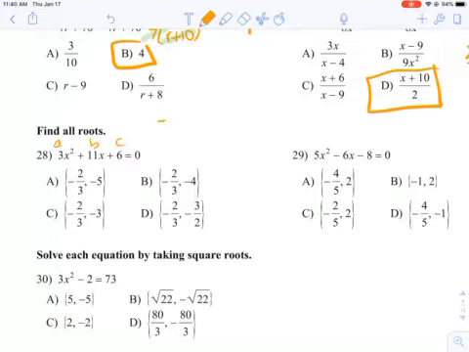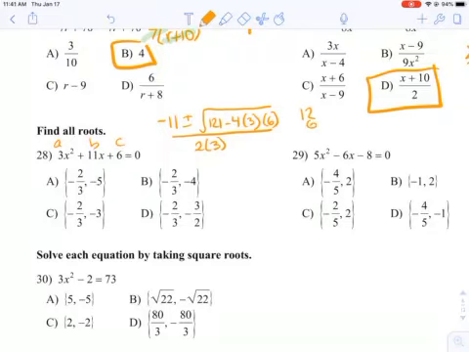So the opposite of B, plus or minus the square root of B squared minus 4AC, all over 2A. So this is 12 times 6, which is 72. So we have 121 minus 72,